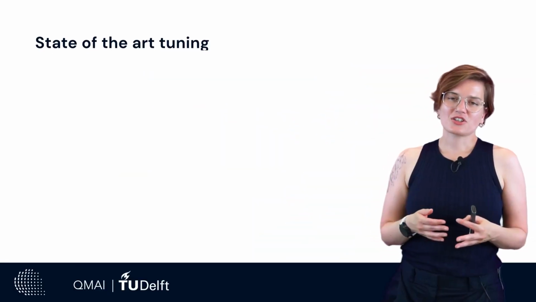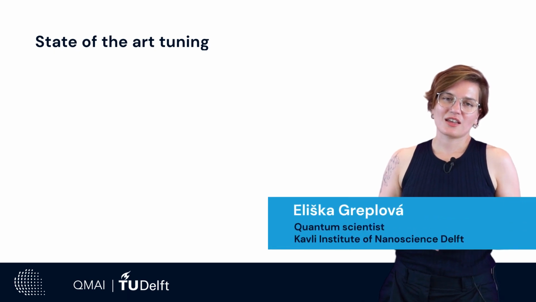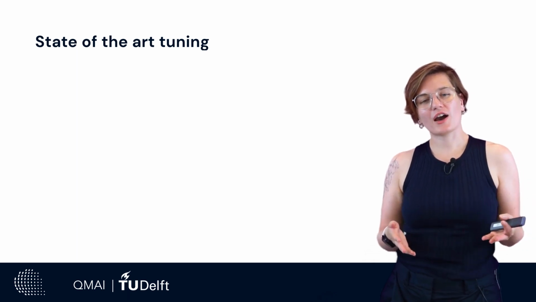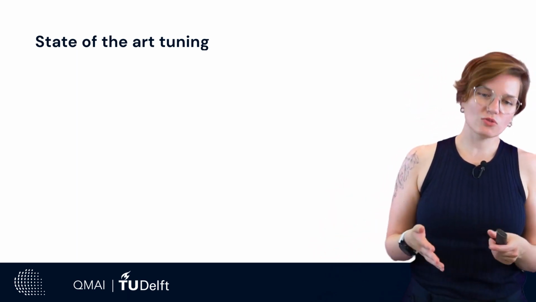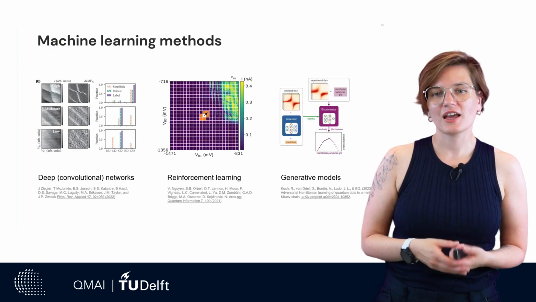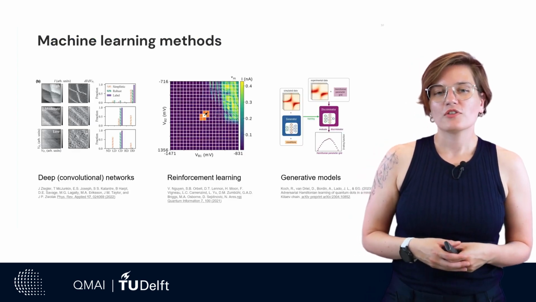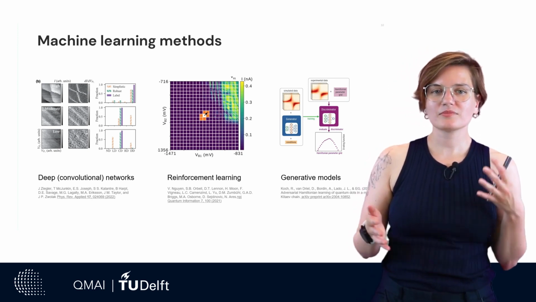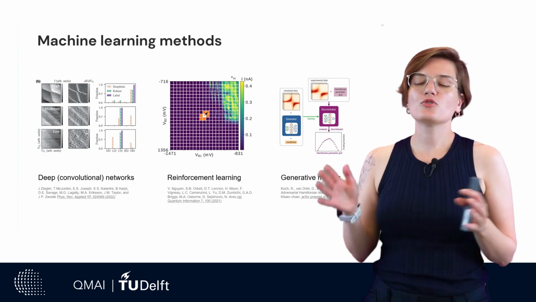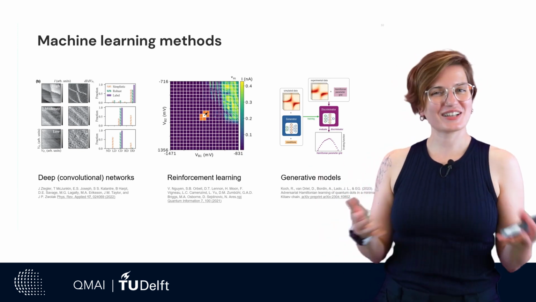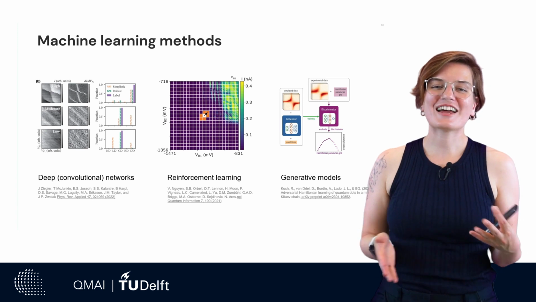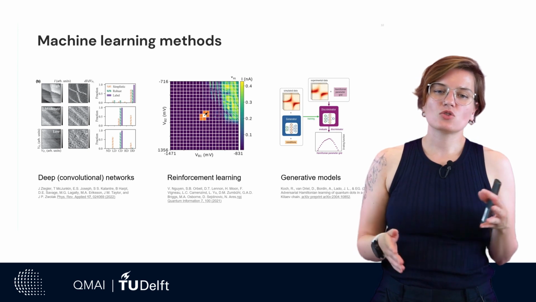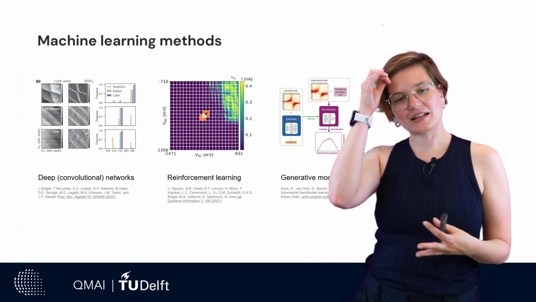So with the introduction into what was the motivation for what we did and what we learned so far, it gives us a good segue to look at the state of our tuning currently. So for machine learning methods, outside of those that we covered in this course, there are a few other branches that hopefully can be covered in a more advanced course later on. But basically it falls into, roughly speaking, three main categories.